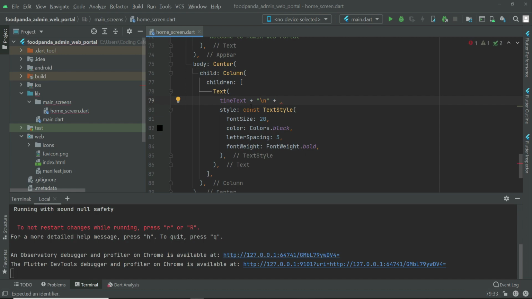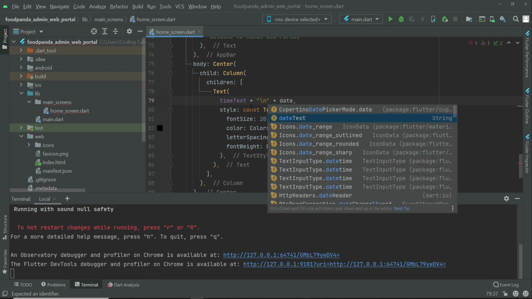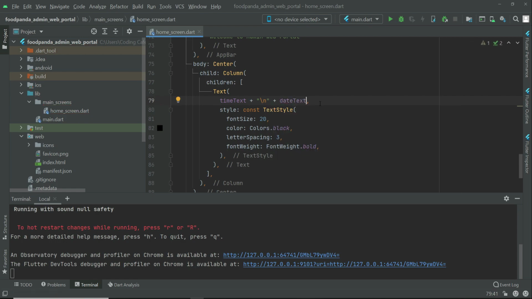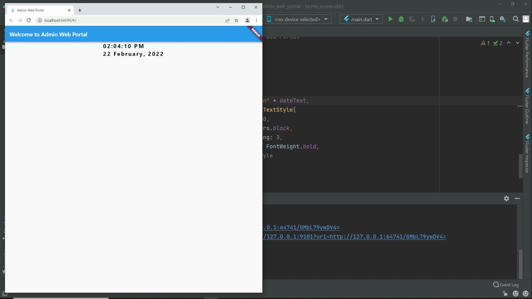We want to display the date string as well, which is date text. Just like this. So now if we hot restart by pressing R in the terminal, here we go. Here you can see the time, and here is the date, and the time is updating